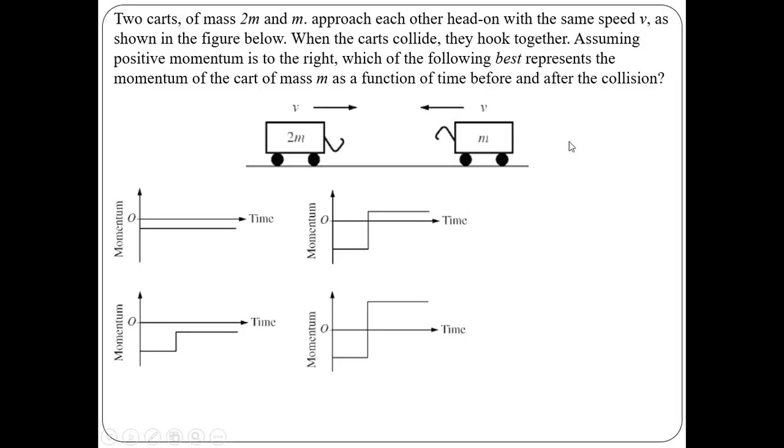Okay, so that's the key, because in the final frame the system will move rightward, and this m here will also follow the direction of the system. So it was initially moving left, and then after the collision it moves right. So therefore I want to cross out this choice on the top left here, because it's saying the momentum remains negative and constant. I want to cross out this choice on the bottom left because it says, well, it